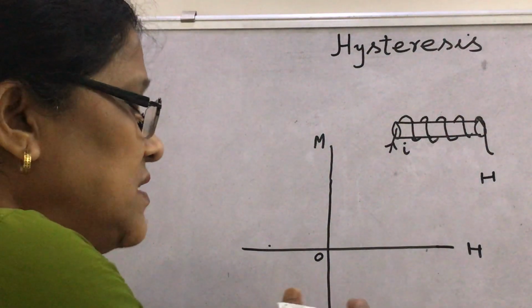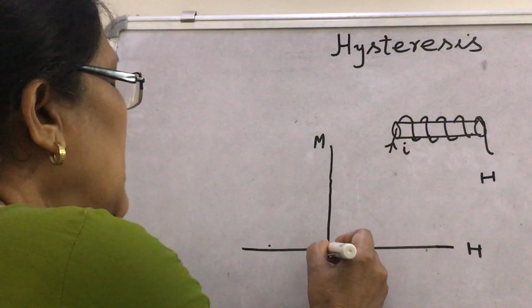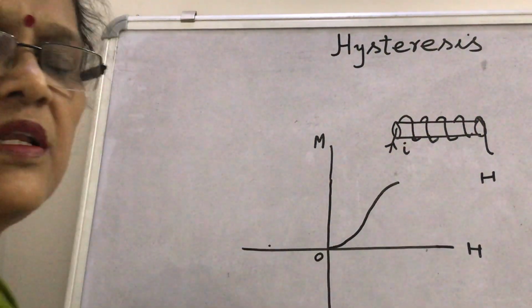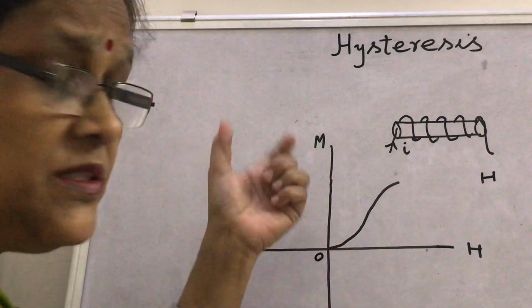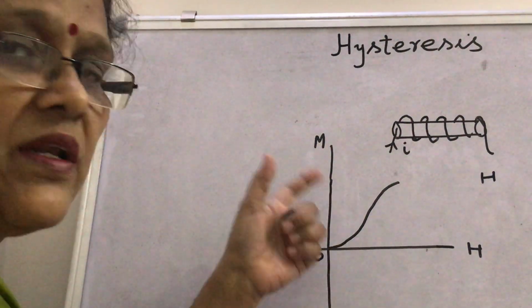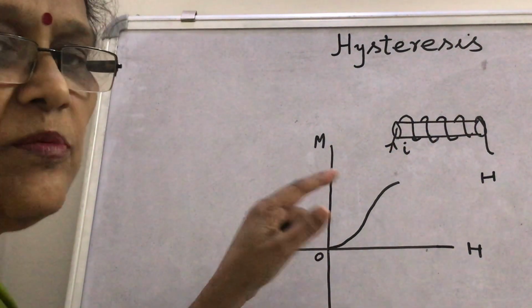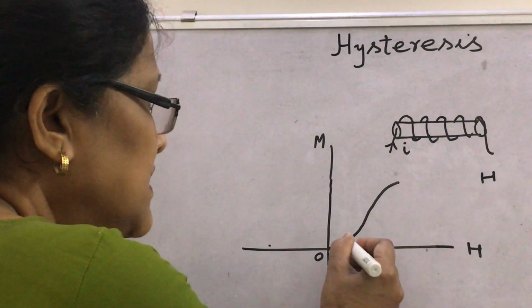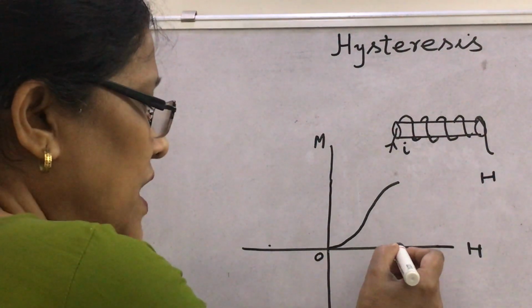As H increases, M increases in this way. That is, H and M are not directly proportional as in the case of paramagnetic substances. So, in ferromagnetic substances, M and H are not strictly proportional to each other. As H increases, magnetization increases in this way,